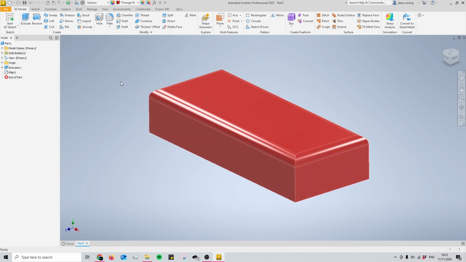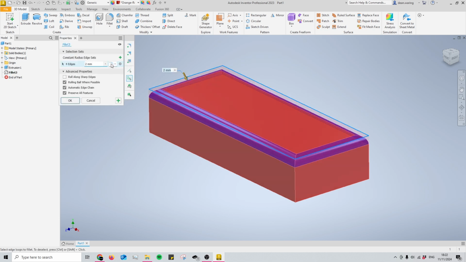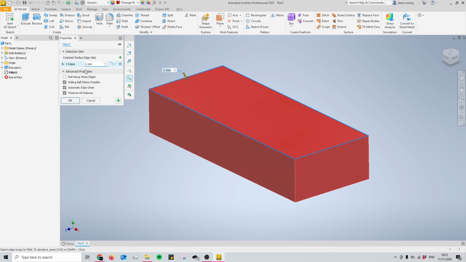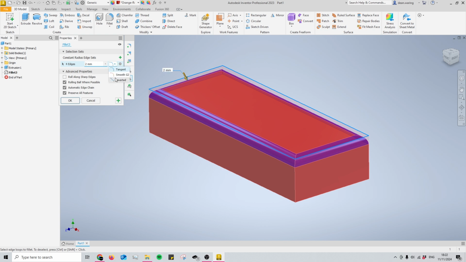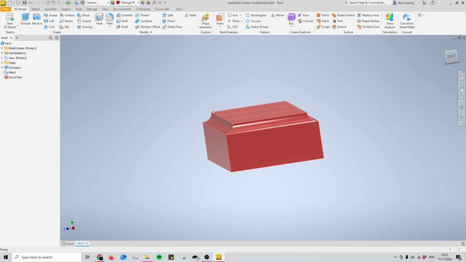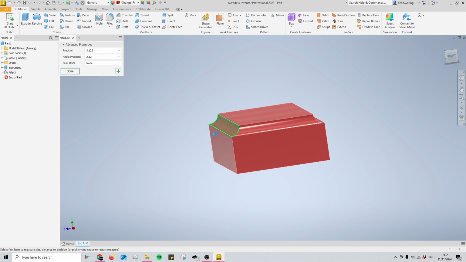Now that isn't the only type of fillet we can create. We can actually double click into our fillet on the feature tree right here, and then we can make amends to it if that's what you want. But the other type of fillet we have available is the inverted fillet, and that is exactly what it says on the tin. Rather than doing a 2mm fillet on the outside,